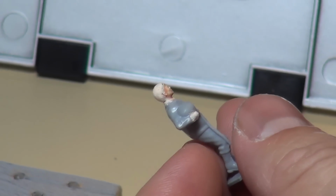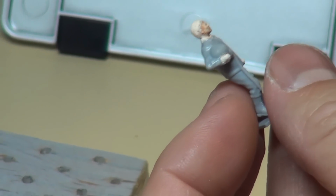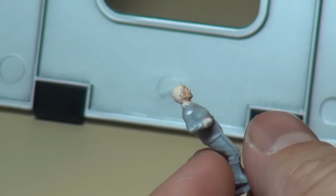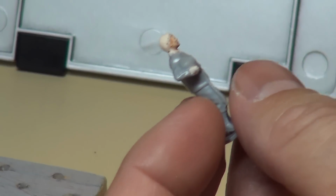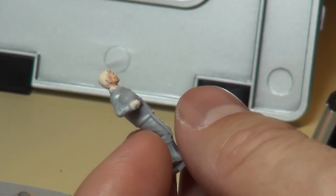Okay, from here, I'm almost done. What I'm going to do is just throw in a few highlights now. So highlights go from the top of the brow here, top of the nose, a little bit on the cheekbones, and maybe a little bit on the chin. Okay. So I'm going to go back to my original light flesh tone color that I used,